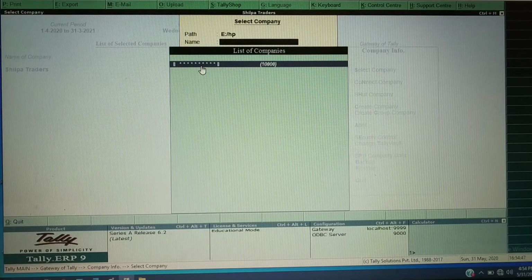A star is displayed because you have applied a Tally old password, so it is displayed as a star for the company. And here you can see this is the company code. This code will be given directly by the computer itself. Next company code might be 100001. It depends on the company code.